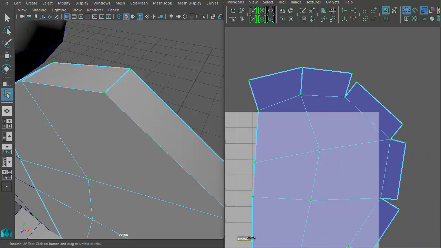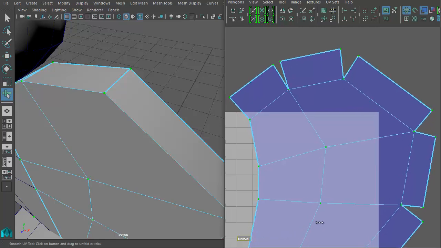Ready? If I start to unfold this, if those seams, those faces, those edges spread apart from each other, that's a good visual cue that, hey, looks like I made a good choice. Because the farther they spread apart, the more it's telling me that, oh, hey, Maya really wanted that seam there. Maya really needed a seam to allow these faces to spread out to get rid of distortion. So, anyways, and again, in some cases they don't spread out as much, but we'll talk about that in a